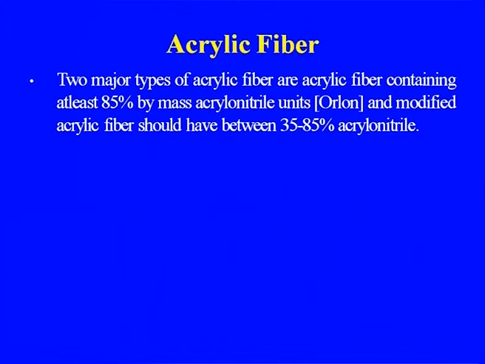How do we differentiate between the acrylic fiber and the modified acrylic fiber? The two major types are acrylic fiber containing at least 85% by mass acrylonitrile units, Orlon, the old trade name given to the acrylic fiber, like Terylene or Dacron in case of the polyester. Orlon was the name given by DuPont, because DuPont has been the pioneer in case of the synthetic fibers,